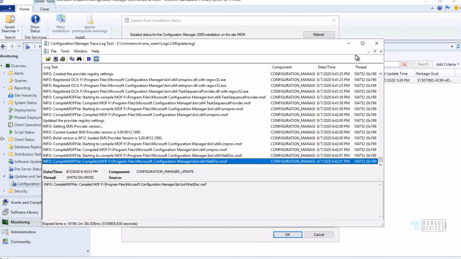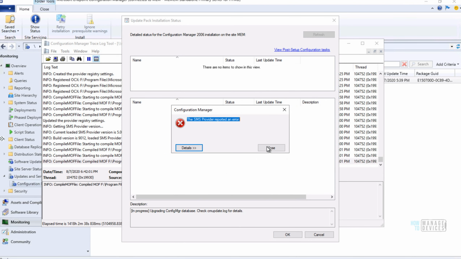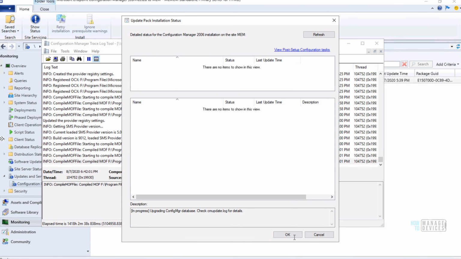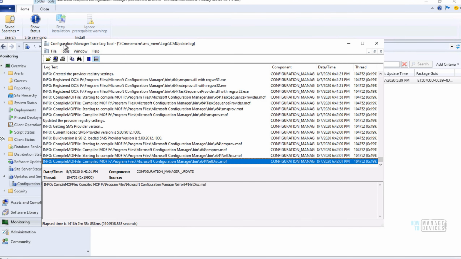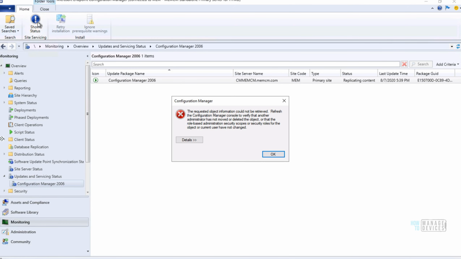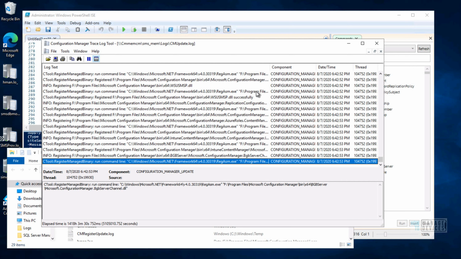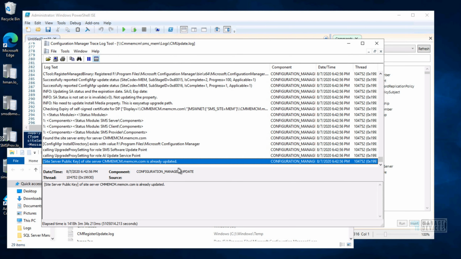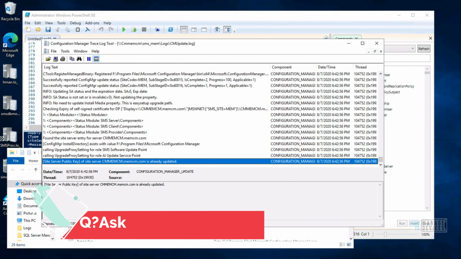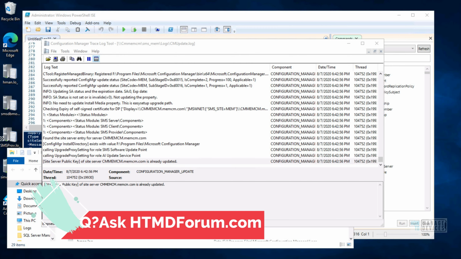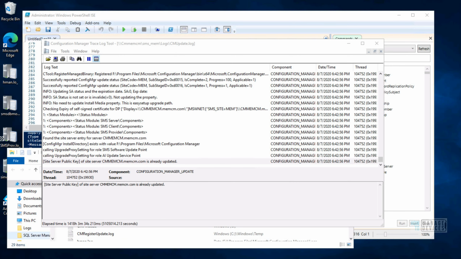This is the log where all the activities related to the update will be stored. You would be able to see some errors like this that are ignorable. You can ignore it and launch the console. Sometimes it will happen again, then you need to close the console and launch it again, but your upgrade won't get stopped because of this particular error. If you ask me what the reason is for that error, I don't know.